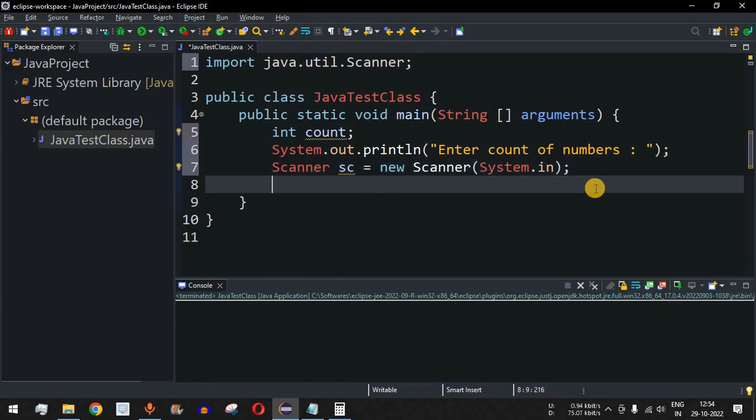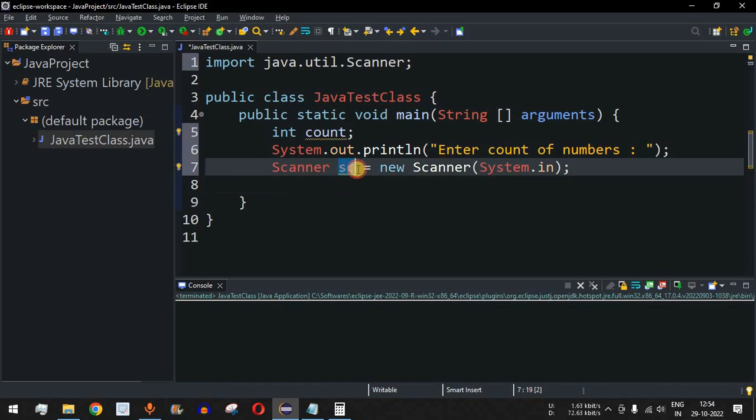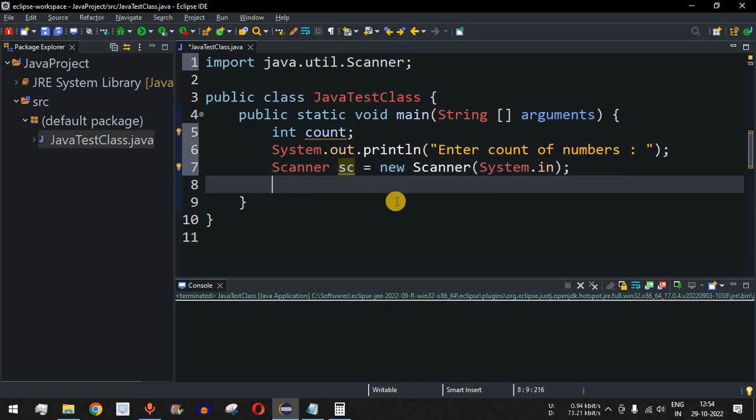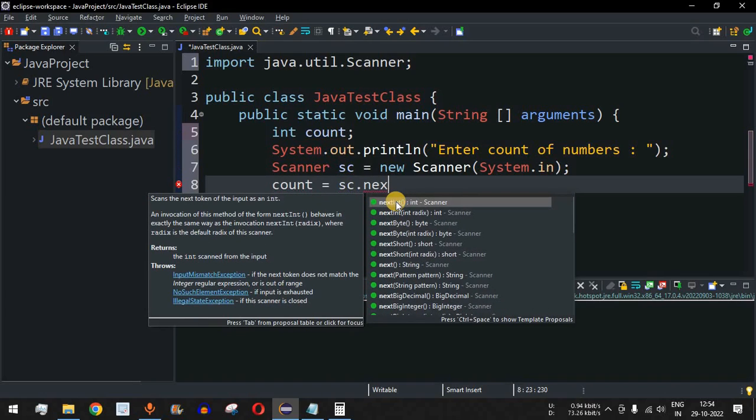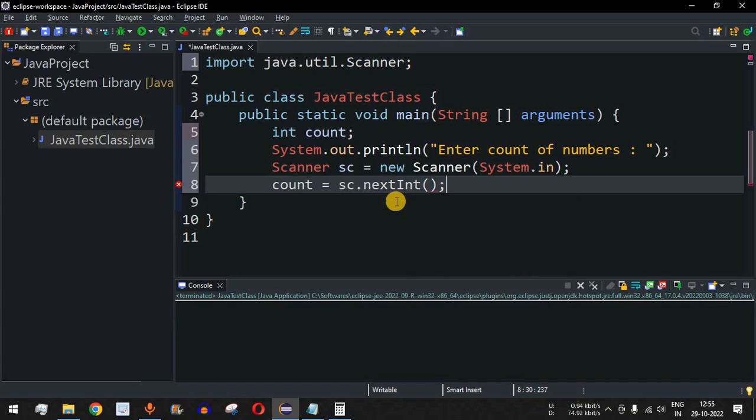So over here we have the semicolon. So using this sc object we will take the input, that is the number, from the user. So over here we will assign the number that is being taken from the user to count. So count is equal to sc followed by dot. We have a method called nextInt over here, which will take the integer from the user. So this particular method is responsible in order to take the input from the user and assign that